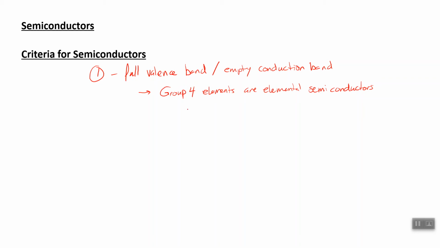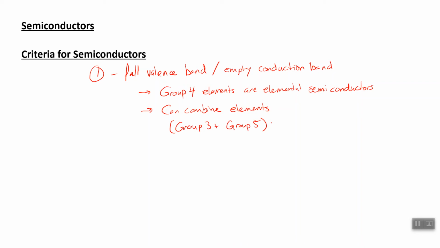You can also mix and match, right? So you can also combine elements. We can combine elements, right, that result in the full valence band and empty conduction band. So right, so for example, if we take a group 3 plus a group 5 element